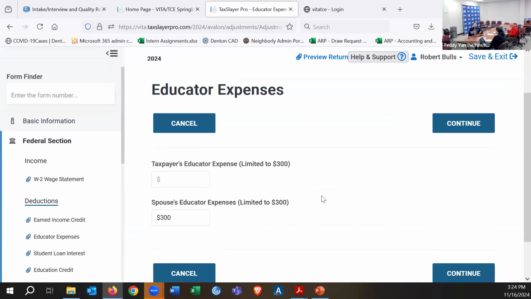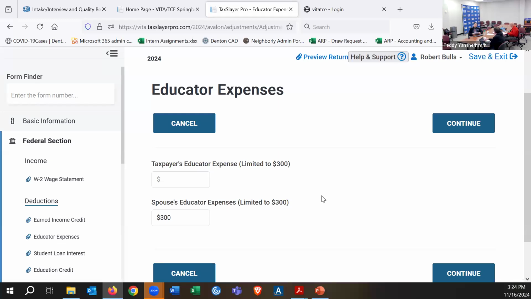So if you're interested in what the specific criteria are, there's a section of the 4012 that actually lists what criteria you have to meet in order to claim educator expenses. And it's you have to be essentially a full-time teacher in a primary or secondary school in K through 12, full-time teacher in the classroom. And then you can claim up to $300,